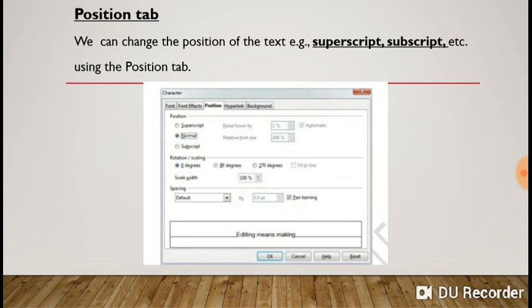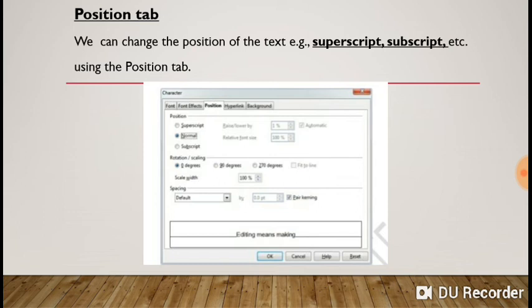Rotation, yes, at different angles we can also set the text, like 0 degree, 90 degree and 270 degree is also given. Next, scale width. Scale width, we can set the width of the characters.